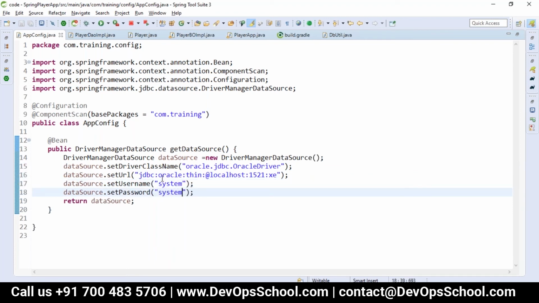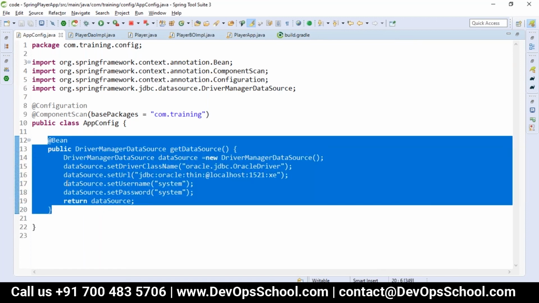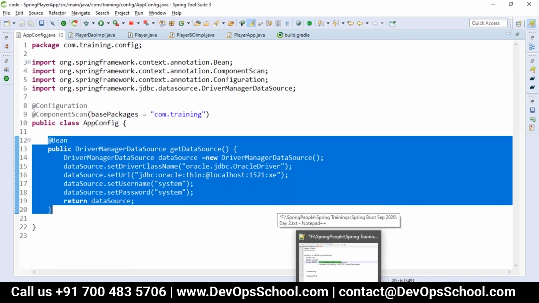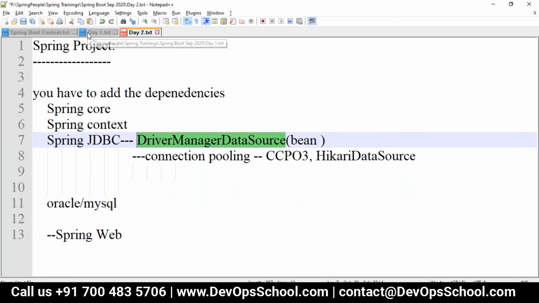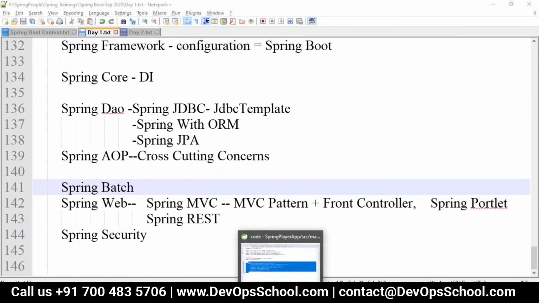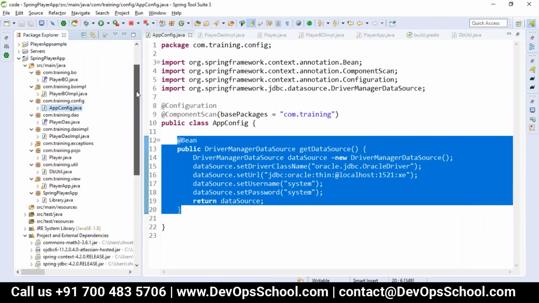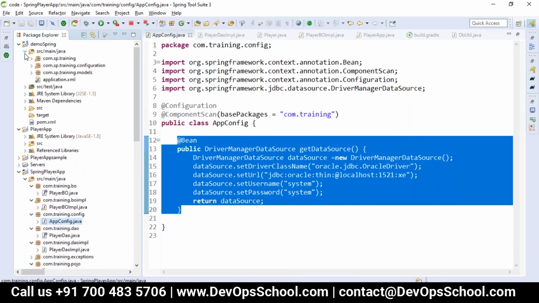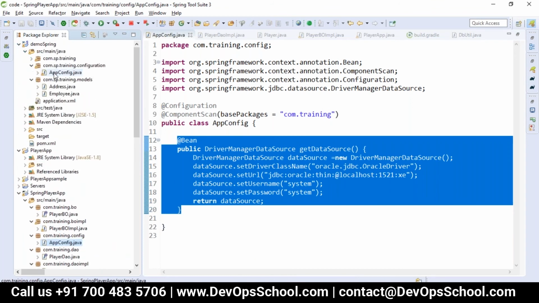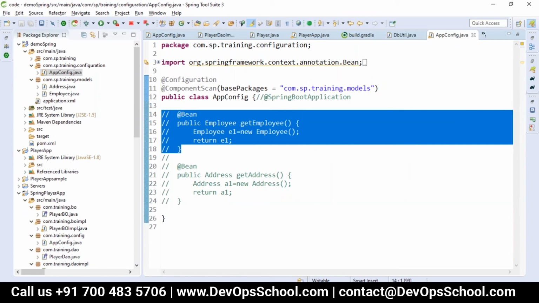What does the @Bean annotation do? It will be creating the object for this. Instead of the component annotation, like yesterday we discussed the three different ways of configuration, right? Either you do it in the XML by using a bean tag, or in the class we make it a component annotation. Like where was yesterday's code? Like you want to create the employee object so that you make it an employee bean. Like this one. We are creating the object for this class. Okay.